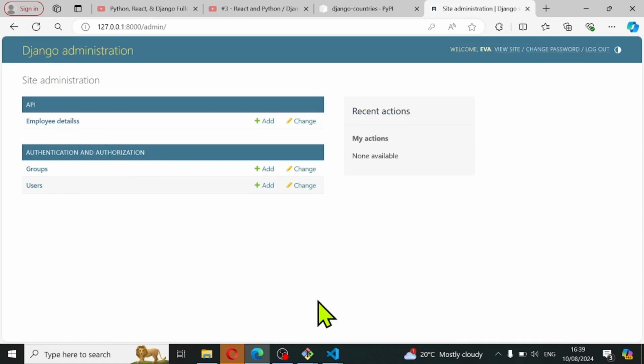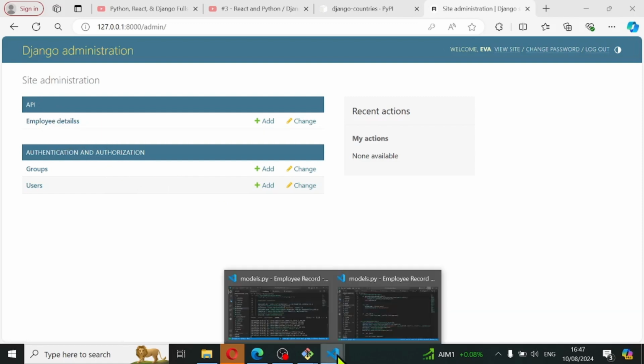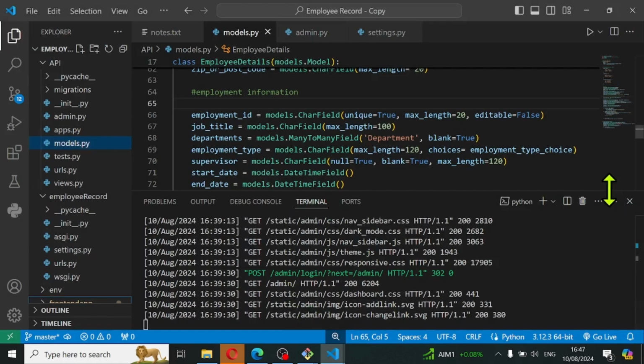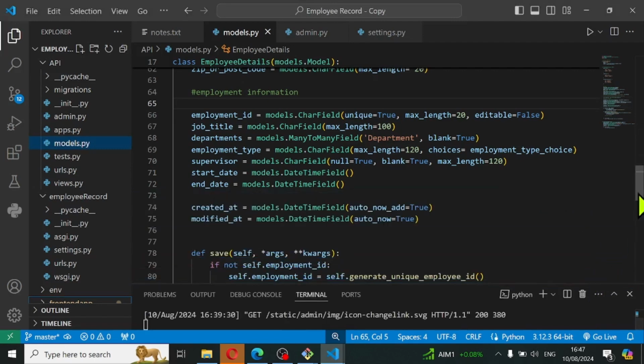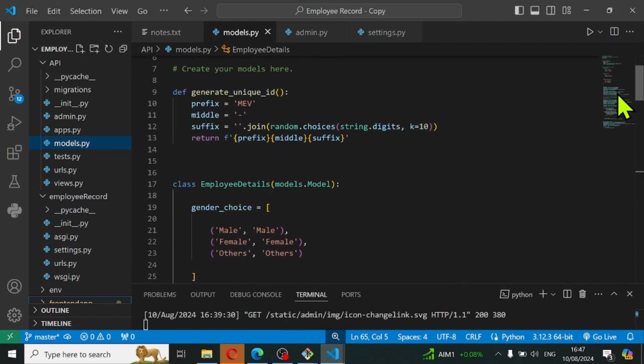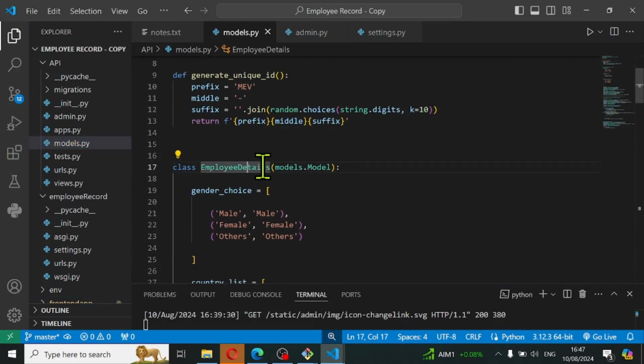So we created two models. To change this, you need to create a class Meta, because by default Django will add an extra s to your model name. So this employee details is this one here. Assuming we left it at employee detail, then it's going to make it employee details. So I'm just going to leave it at this, but I'm going to